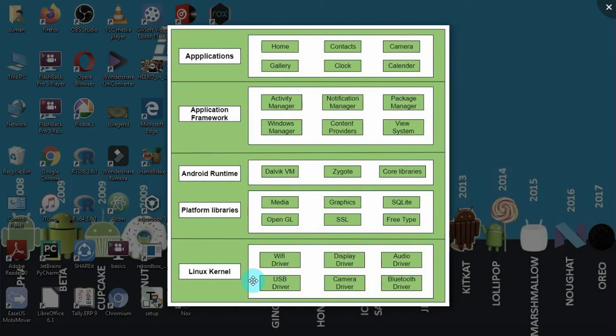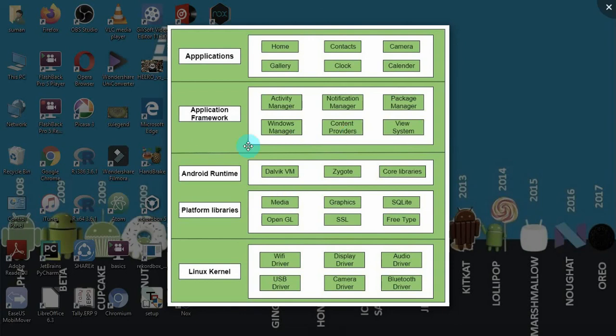So this is the basic architecture of Android. What is the heart of the Android architecture? It's the Linux kernel. And what is the top layer? The top layer is applications, where you install all your applications. Why do we need an application framework? It provides what applications need to work: activity, views, windows, content providers.